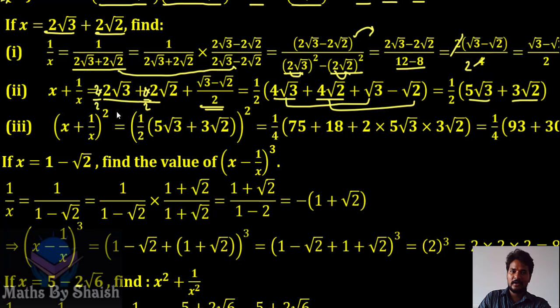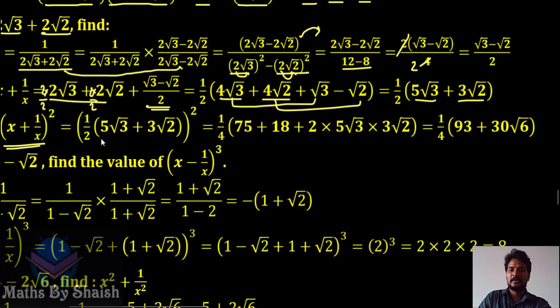Now once we have these values, the third part is to find (x + 1/x) whole square. So it means the square of this thing, and it is in the numerator, so we can directly calculate. 1 upon 2 square is 1 by 4, and this square, by the (a + b) whole square identity, 5 square is 25, and root 3 square is 3, so